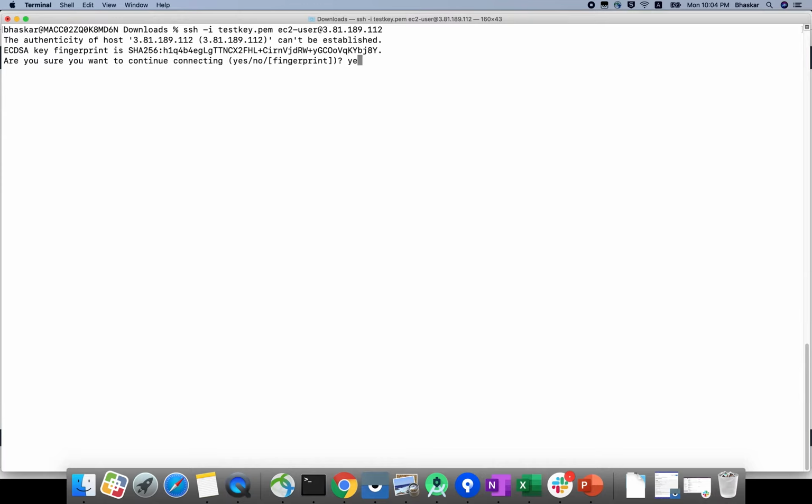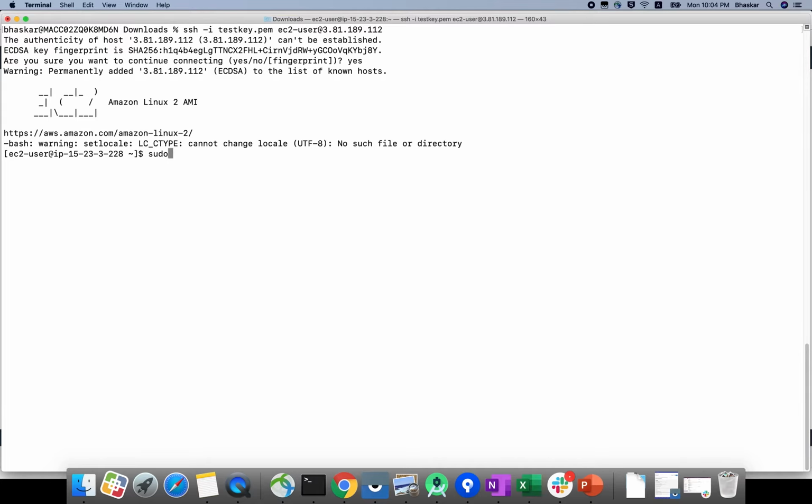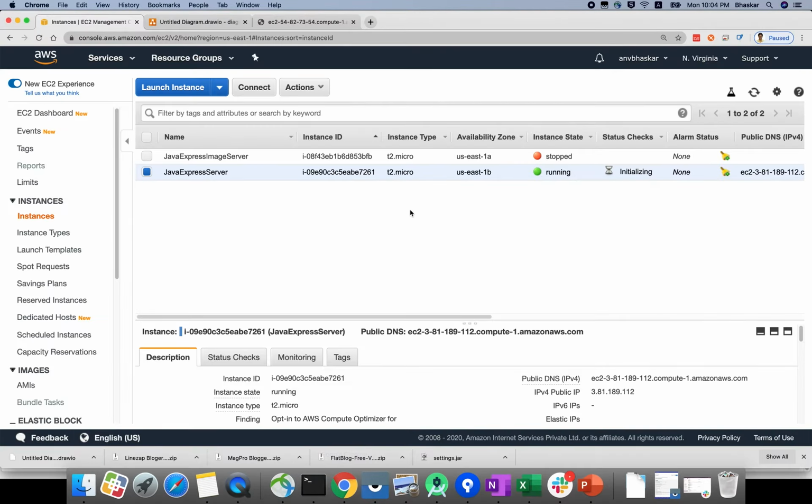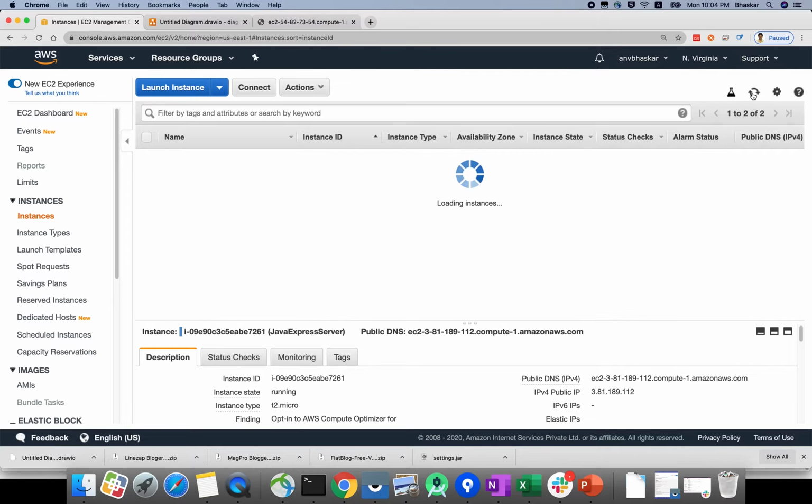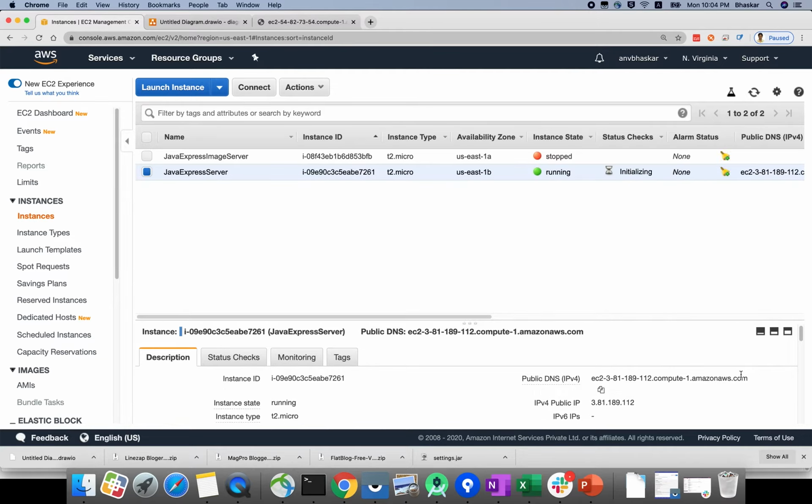SSH -i with your test key, ec2-user@ and you need to provide your IP address. Just you can log in. sudo su, you will navigate to the root user. Now maybe you can check whether your server has installed all the software or not.